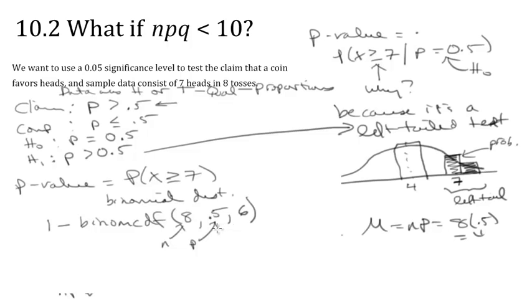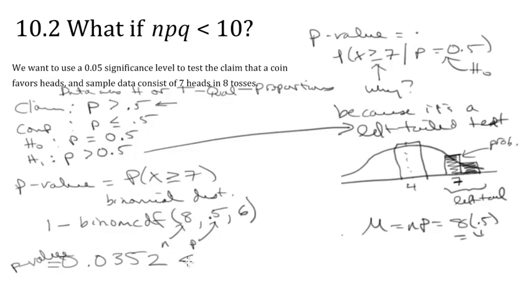And so I have to reach for my calculator, because I don't actually believe I have this answer. Give me a second. I will pause this time. Okay, so I just put all of this into my calculator, exactly as it says here. What we've got here, 1 minus binom CDF, n is 8, p is 0.5, and 6 is the highest of the values that I want to subtract off. And here's what my calculator gave me, 0.035, and I'm going to round to 4 decimal places because I can't help myself. So that's my p-value, and my p-value